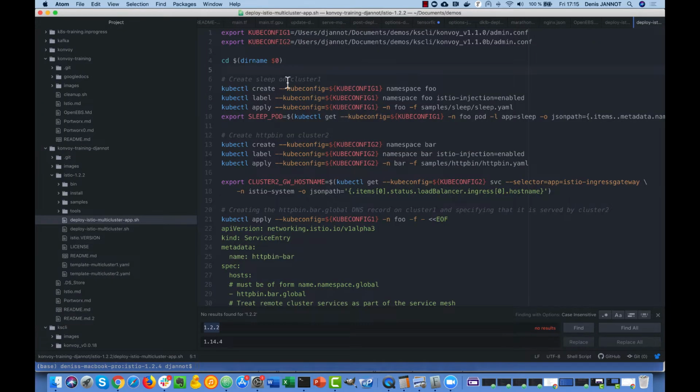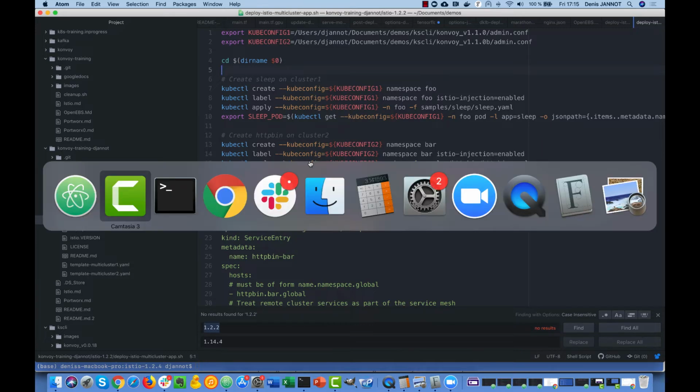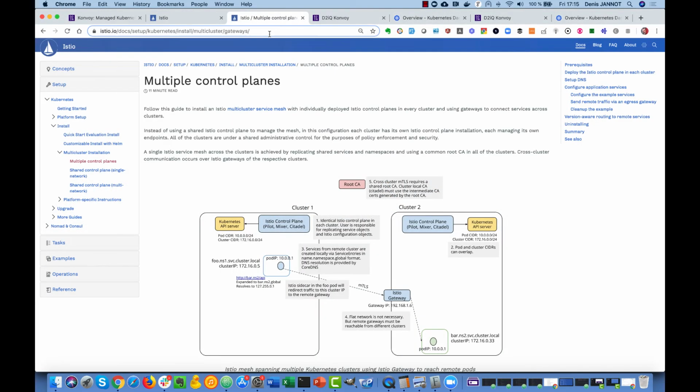So first of all, we'll start one microservice on cluster 1 and one on cluster 2, and make them communicate together. Like you can see it being done there, this service communicating with this service using the Istio gateway to do so.